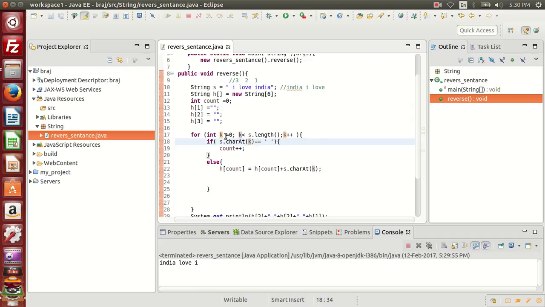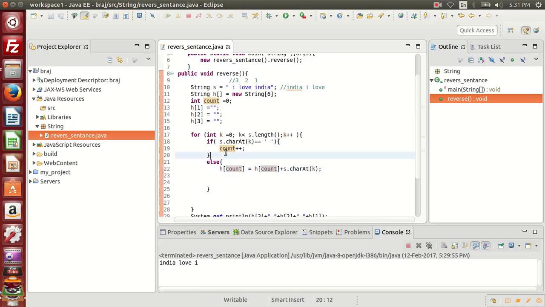Here we are using one loop. This loop will start from 0, because we want to start from here. My logic is only that if somewhere a space comes, then you need to switch from 1 to 2.